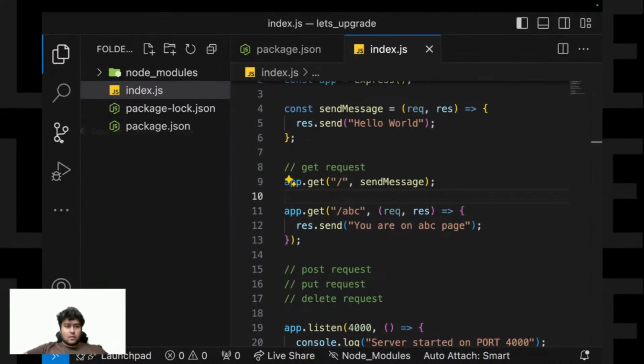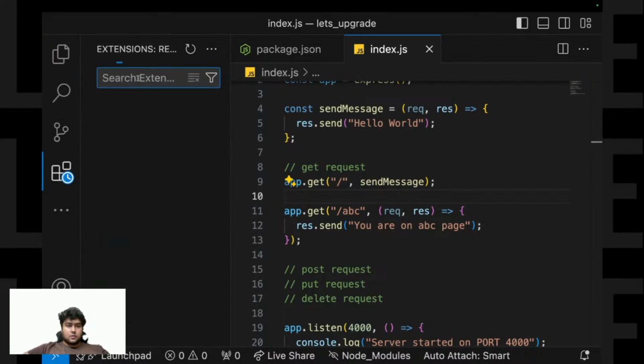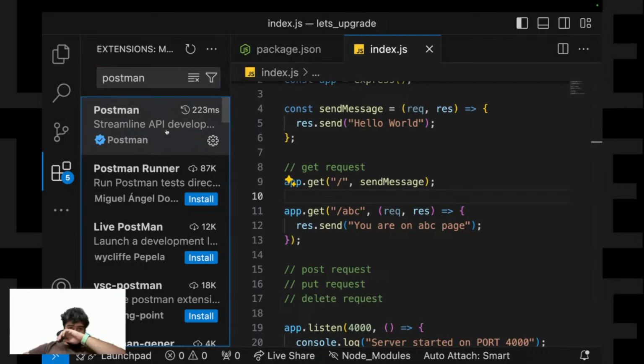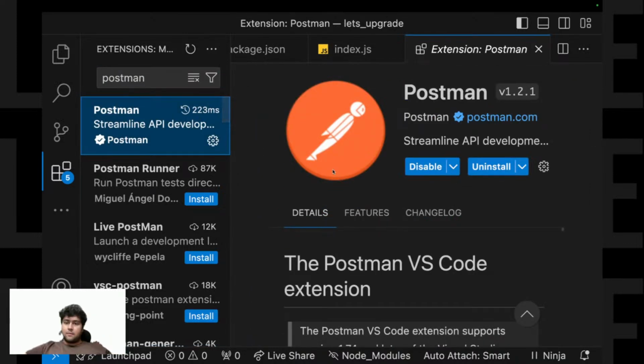If you go to the extensions folder, you can search for Postman here and install it. Since I've already installed it, it's saying uninstall.